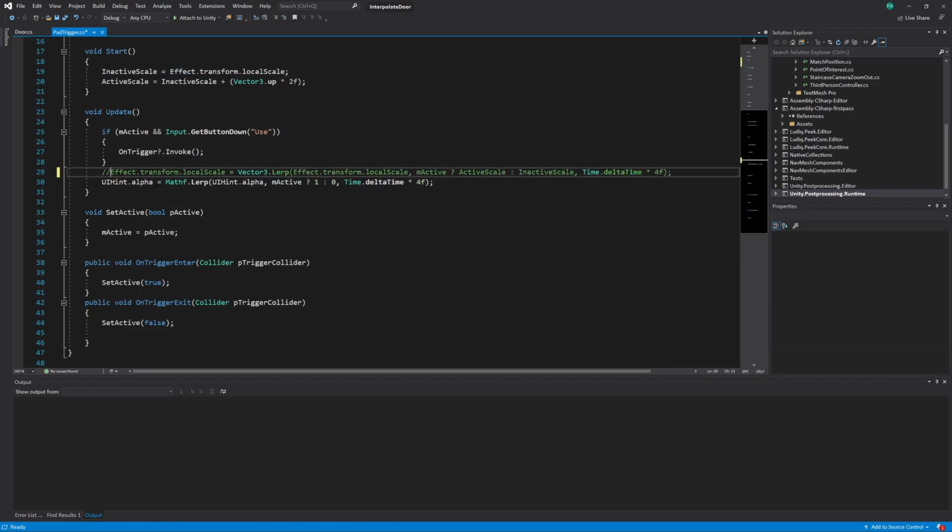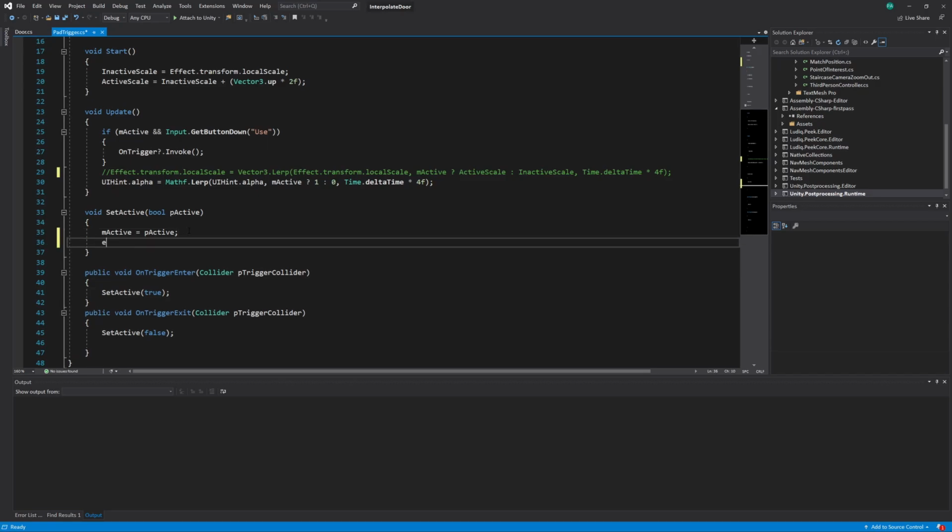Then from our update, this is where we're scaling our effect. So let's comment that one out. Instead of putting it in the update so it happens every single frame, we're just going to put it when the event actually happens. That way it will only run when it needs to run. So for that, we're going to say